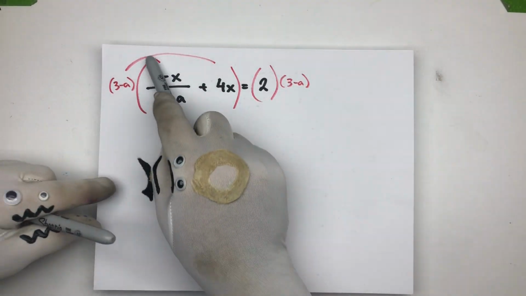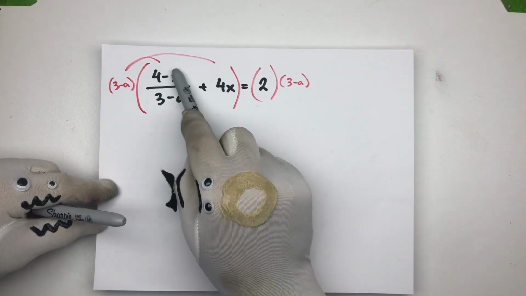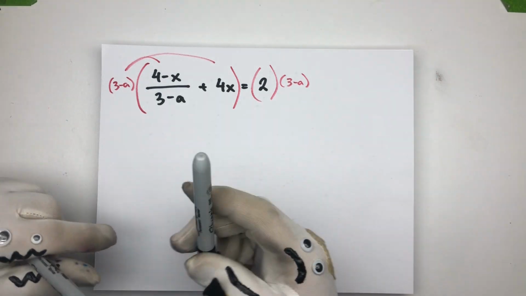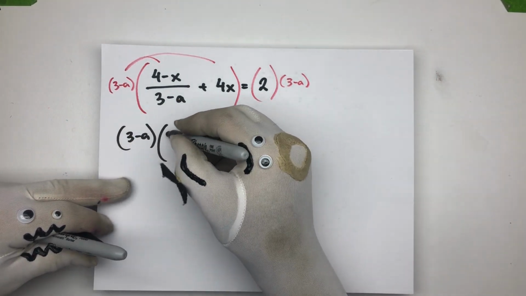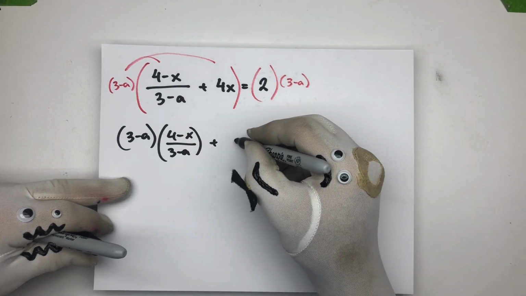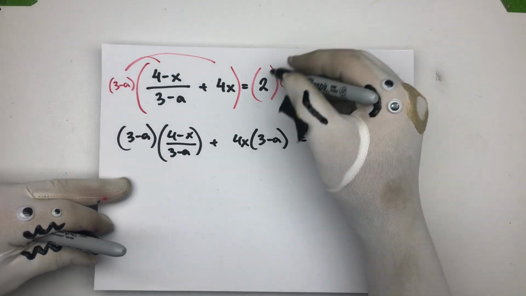Okay, so there's two terms inside this bracket. There's this term and this term. This term has terms inside of it, but I'm not worried about that right now. I'm just multiplying by the outside. So at the end of the day, I'm going to be left with 3 minus a times 4 minus x all over 3 minus a, plus 4x times 3 minus a equals, and I'm going to expand this guy, so